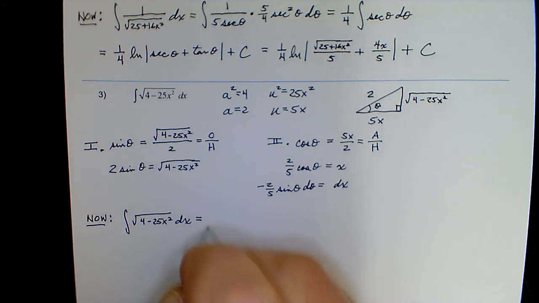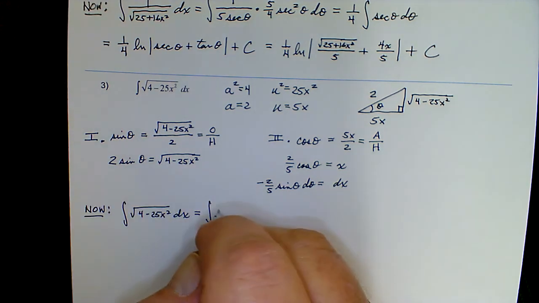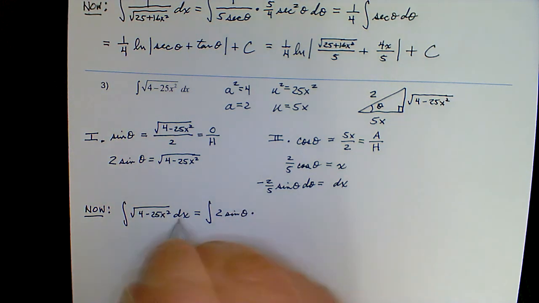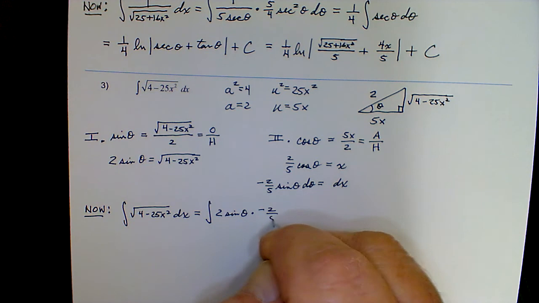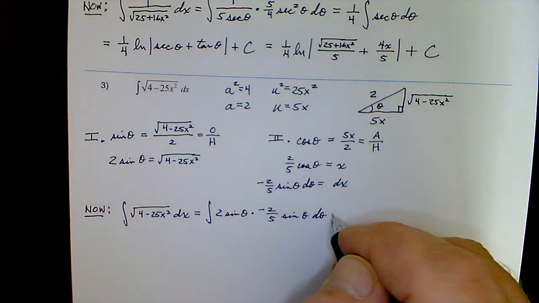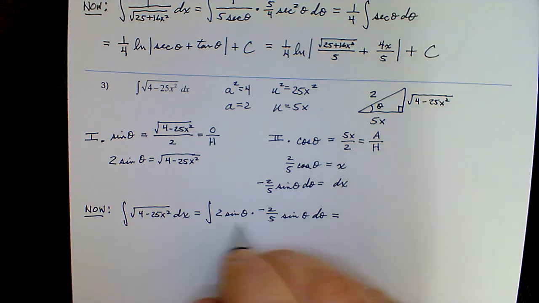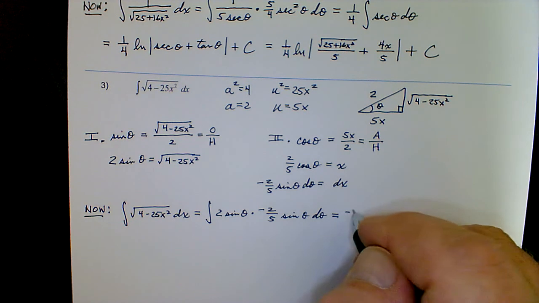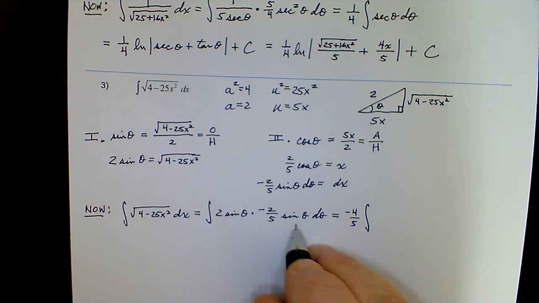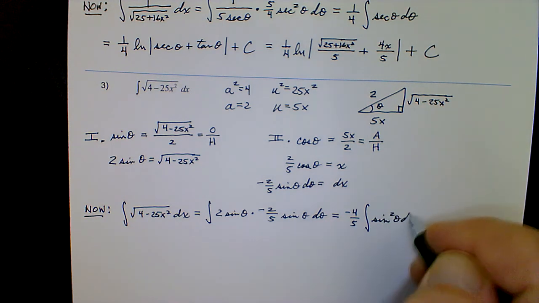And making the substitutions, we have the radical part from Roman numeral step 1, 2 sine of theta, times from Roman numeral step 2, the differential dx, negative 2/5 sine of theta times the differential d theta. And we'll take time to clean this up. We'll bring the negative 2/5 times the 2, or negative 4/5, out in front of the integral. And then the substance of what's left over is sine times sine, or sine squared of theta with respect to